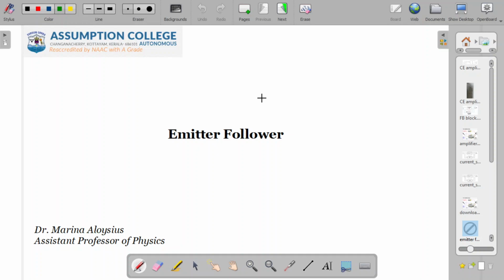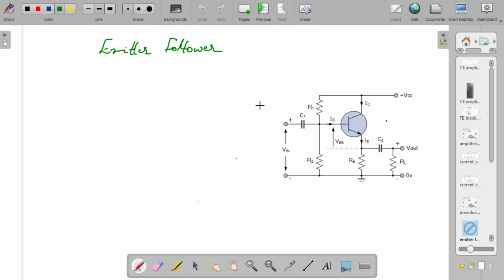which is a special case of an amplifier, or it is something which is used for a special purpose and it works in a different way. So we shall discuss that. We can see here the circuit diagram of a common collector configuration amplifier, or it is called the emitter follower. The speciality of this particular circuit you can observe, and you can compare it with the previous transistor amplifiers which you have learned.